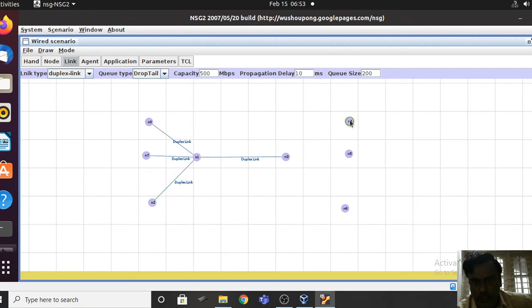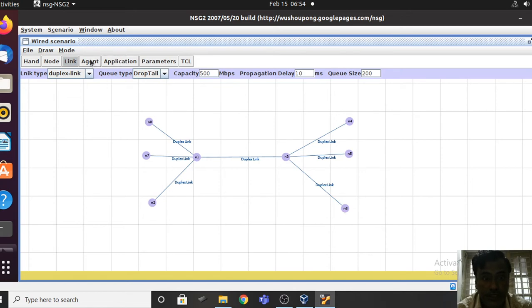As you are using duplex communication, it doesn't matter on which node you click first and on which node you click second. So this is what the link capacity is.